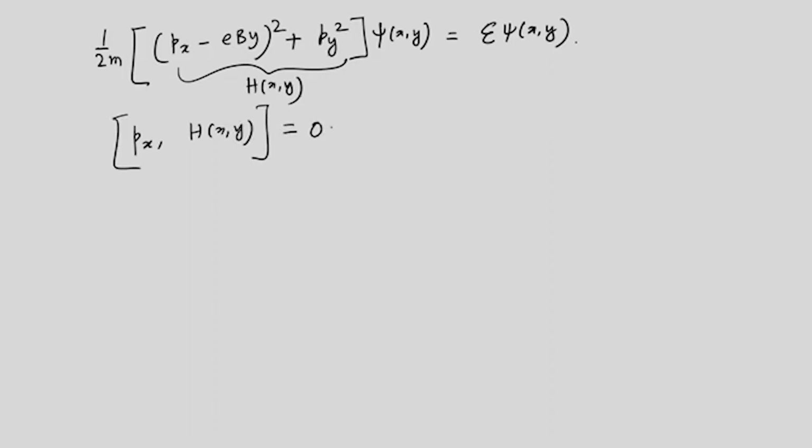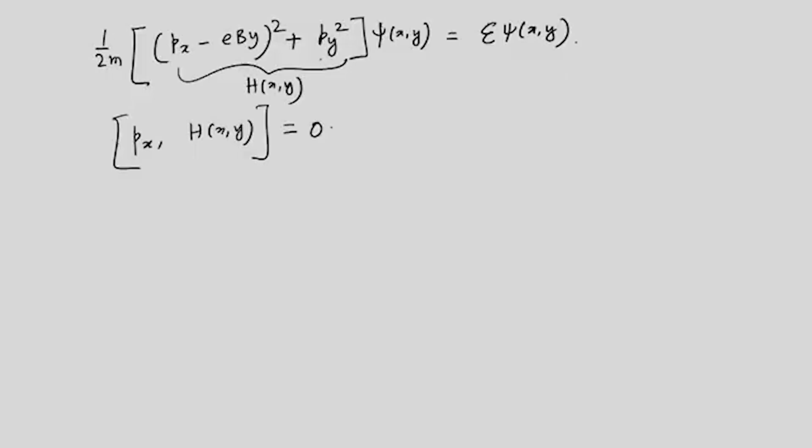And the reason is that there is no x variable here. Had there been an x variable, then there would be no commutation between Px and H, but because we have decided to take the vector potential in the x direction and with a By, that is why this Px